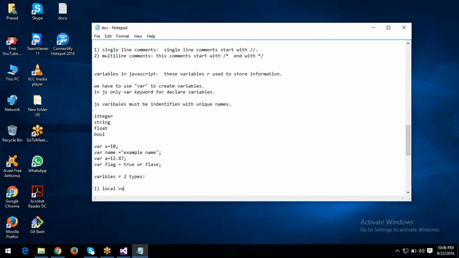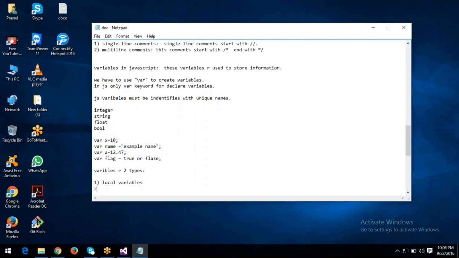The local variables, and the second one is global variables. Local variables, we can declare local variables in JavaScript. A variable declared within a JavaScript function,